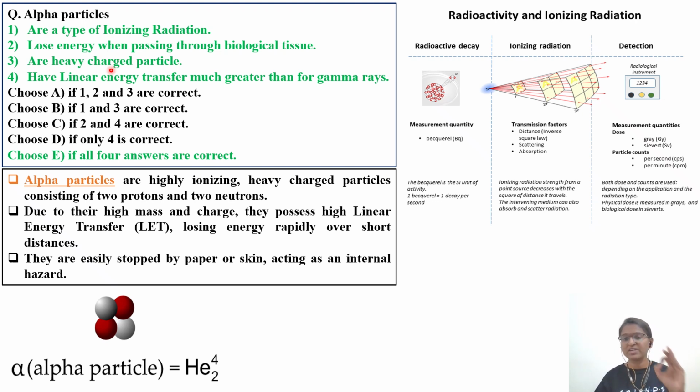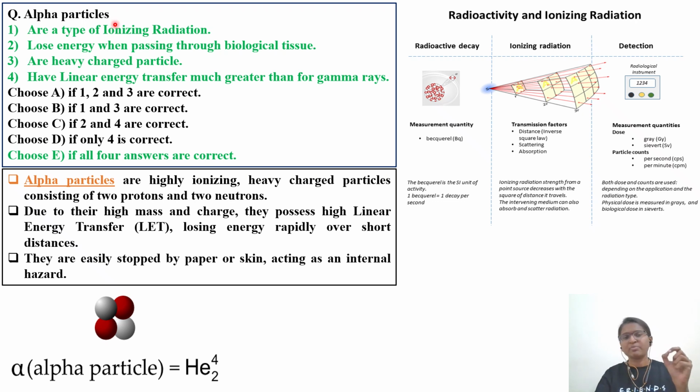This question was previously asked in the ABT recertification year 2000. The question is: alpha particles are a type of ionizing radiation. When it comes to different radiations, which is ionizing radiation, what types of different forces will be there, such as radioactive decay or van der Waals forces, all those forces and different types of radiations, you need to understand. So alpha particles are a type of ionizing radiation. You have to read about what beta particles are and gamma rays also.